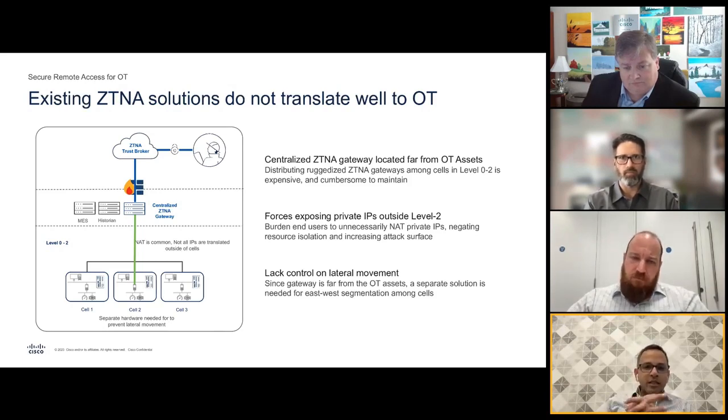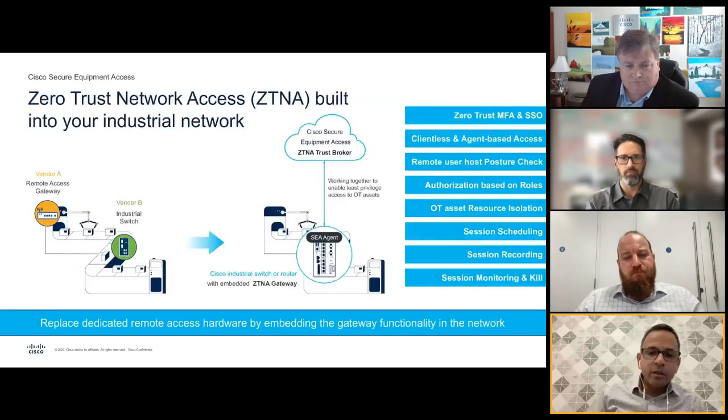And so as you can see here in this slide, it's just not about, you've got a certain segment of customer base who's moving away from the traditional remote access solutions to adopting enterprise technologies like ZTNA in this space, but it's not easy. There's still challenges to overcome. And we looked at this, and we decided to address it in a particular way, mainly along how we position the ZTNA gateway. So if we move on to the next slide here,